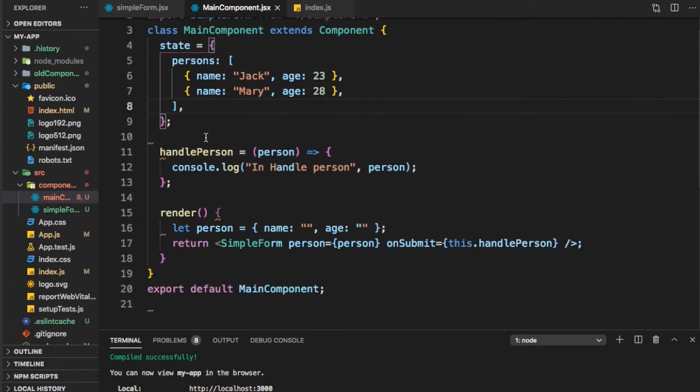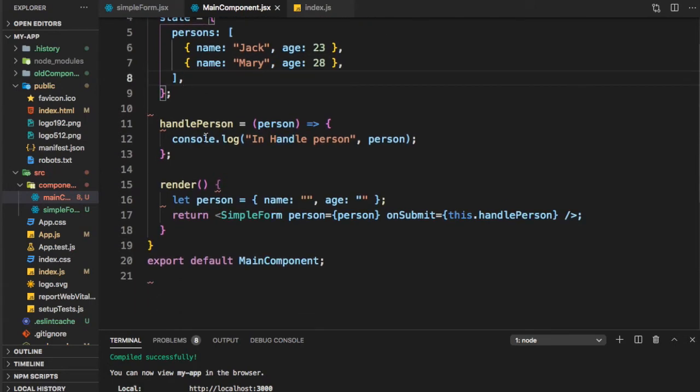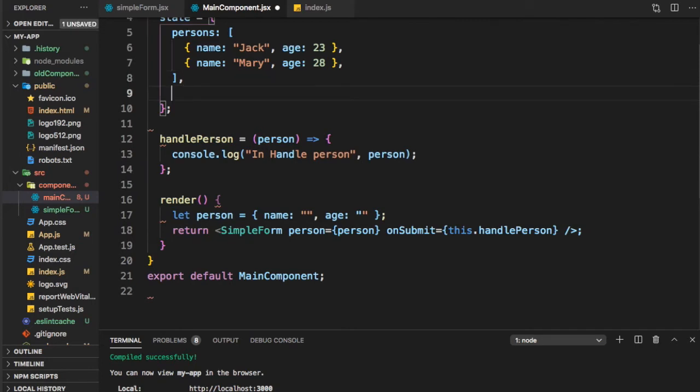Now we need to display these persons and put a button. So let's go to the render. Now in the render we need to know when we are showing the form and when we are rendering the other things. So let's put a field view here and initialize it to 0. 0 means show persons and button, and 1 means show form. So the view helps us manage these things.